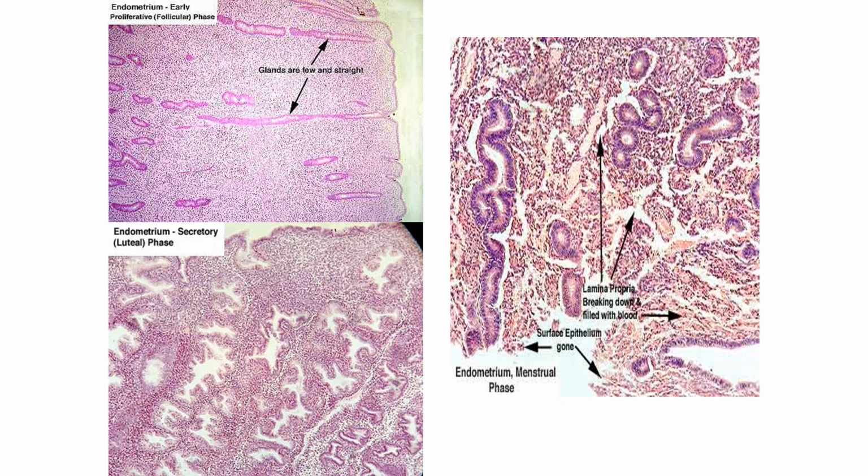And finally only the portion of the basal layer remains, and from that, when the cycle initiates again and the follicle starts growing, the epithelium under the influence of estrogen proliferates and forms the initial lining epithelium. So that's how the cycle continues. So that's all about the histology of the uterine tube and